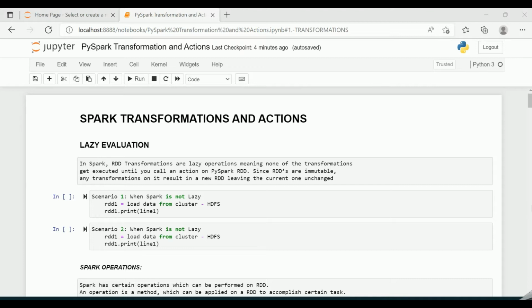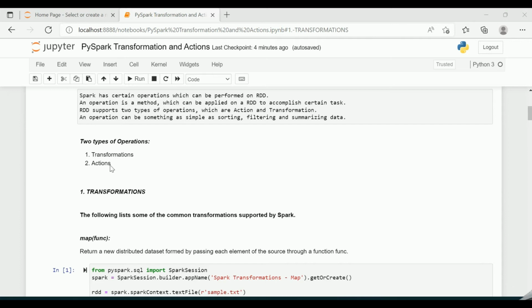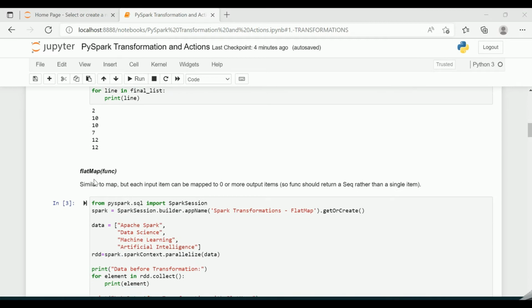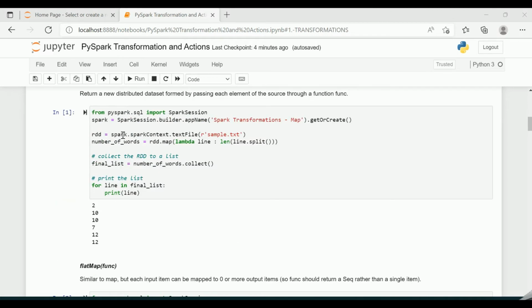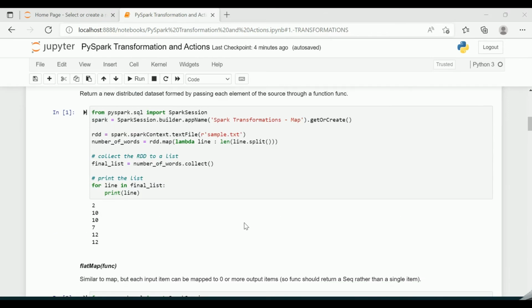So in the previous videos we saw lazy evaluation, then we started looking at transformations and actions, the two different kinds of operations. In the last video, I explained the different kinds of transformations, the map function and then flat map. We also saw the difference between the map and the flat map. If you are new to this video, just go through the previous videos in order to understand the transformations